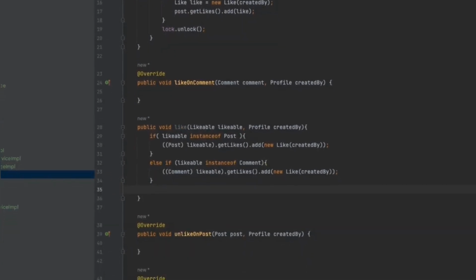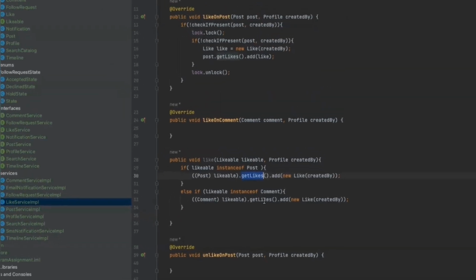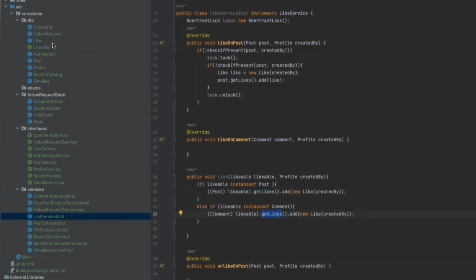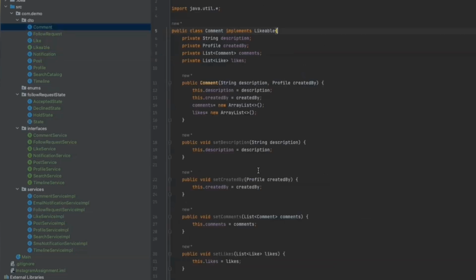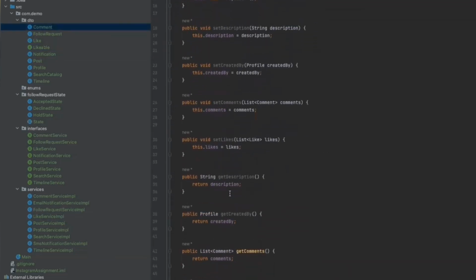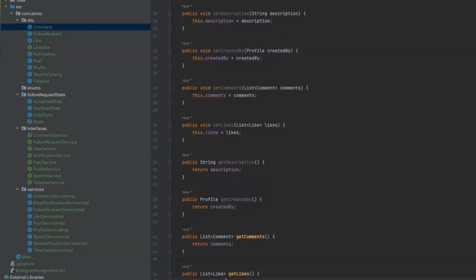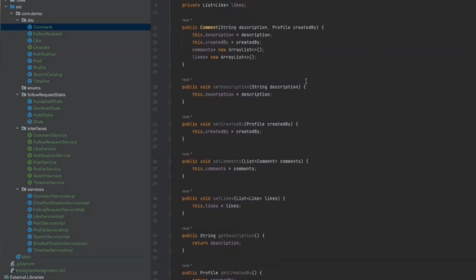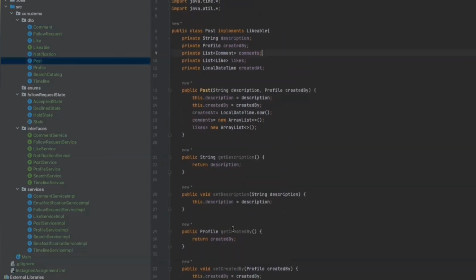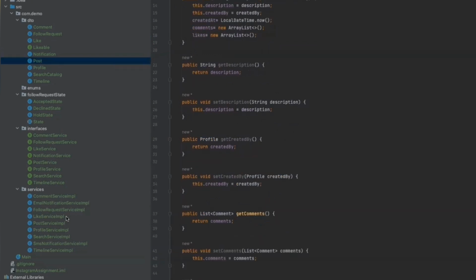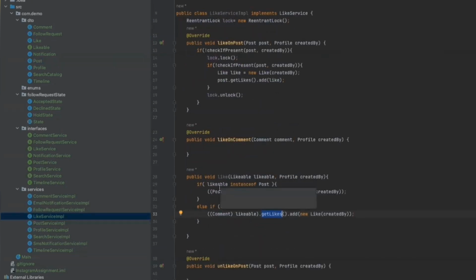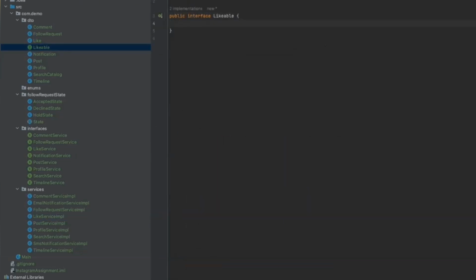So you'll have to make a change and add one more else if here. We can optimize it much more further. How? If you see, we are calling the get likes function for both of them. We have get likes in comment, and the same way we have get likes in post, and we have to add if else blocks also. So instead of having all of this, if we add that function in the interface, in that case we'll not have to typecast and check whose instance it is. So let's just quickly write it and you'll get more clarity while we write it.